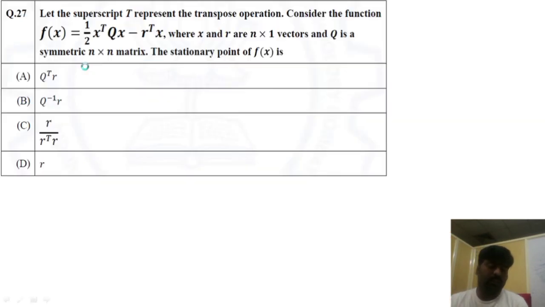This is also a very simple question. We can solve it easily. Now coming to this question, see, they are testing our knowledge. So it's also simple, but they are testing our knowledge.